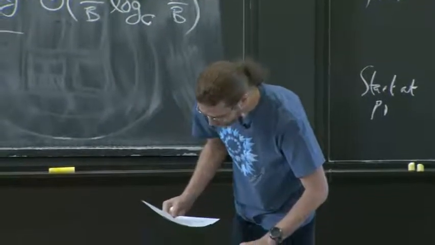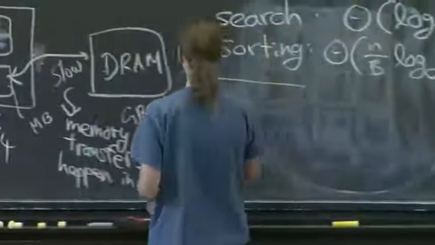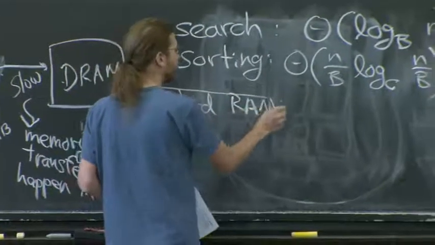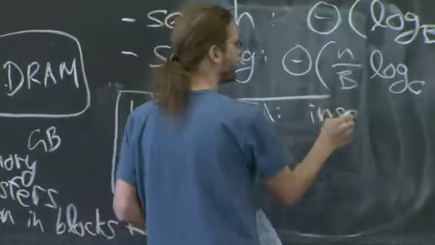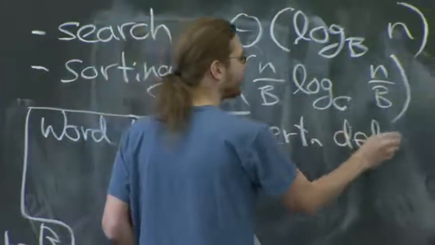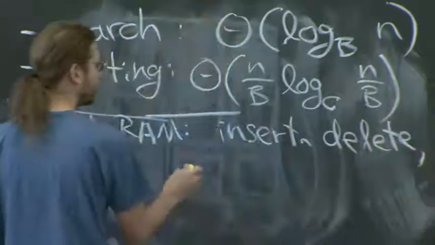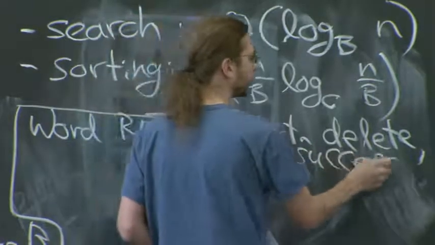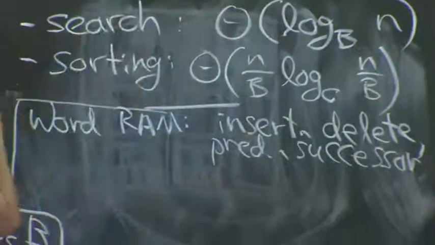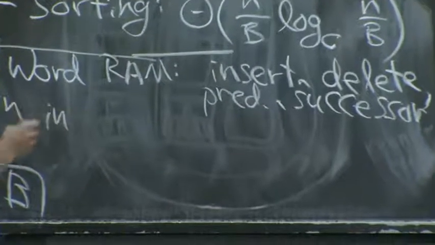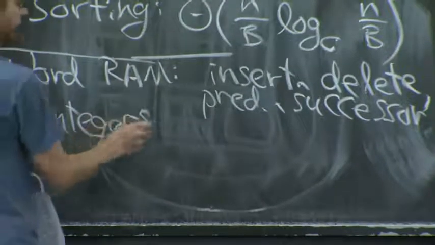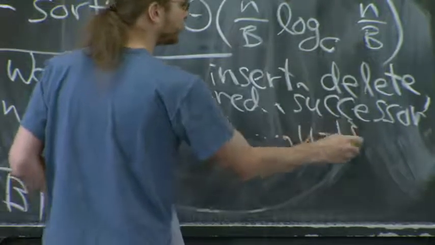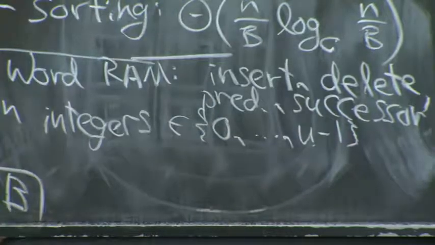All right, this is too much fun to pass up. On the word RAM, there's this problem which we've dealt with several times. What if you want to maintain a dynamic set of elements, integers? I want to do insert, delete, predecessor, successor. This is what binary search trees do. But you can do better. If we have n integers in the range 0 to u minus 1, so u is the size of the universe, then